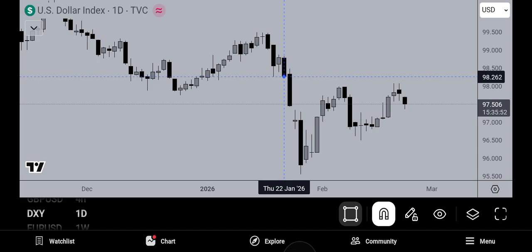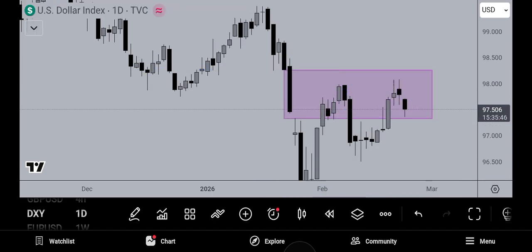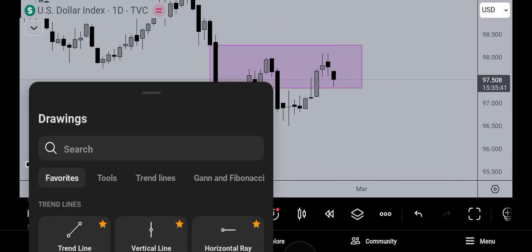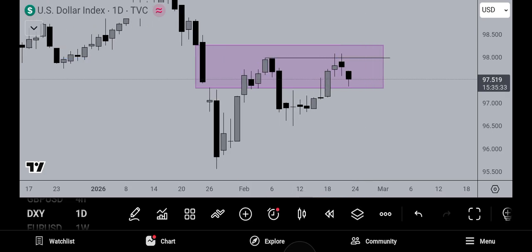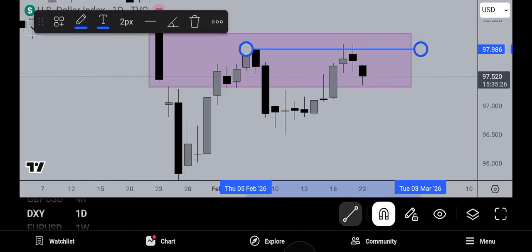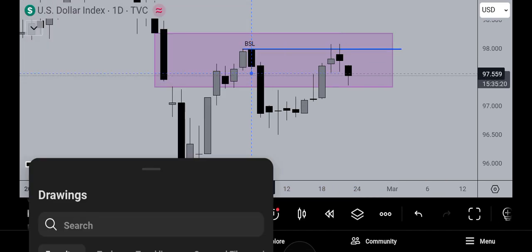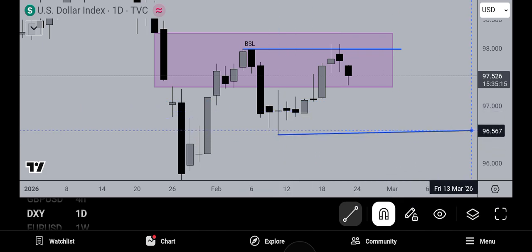So there's this fair value gap right here, and this fair value gap is currently being respected by the candles here. Now, this high has been swept out. This equal highs has been swept out, and price closed back within the range. So just looking at this pocket of price action, we've swept out buy side liquidity from these highs, which is BSL. So next is sell side liquidity, and sell side liquidity resides at this low. So this is my first draw